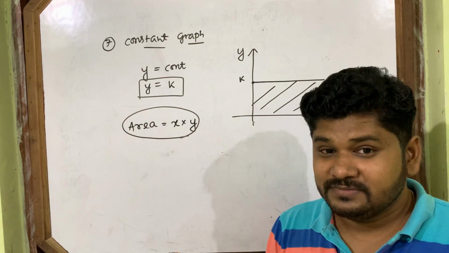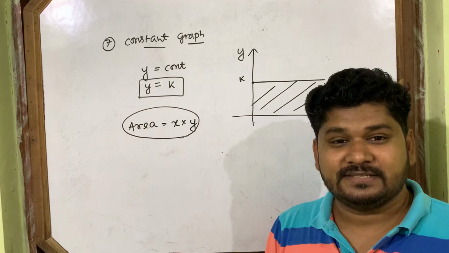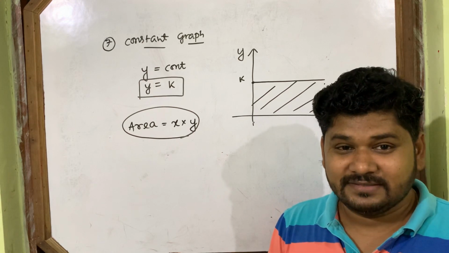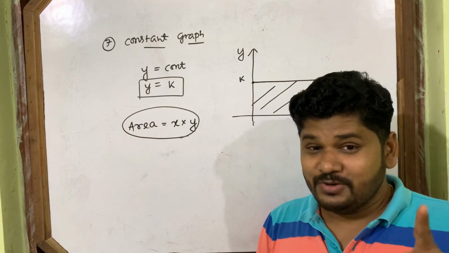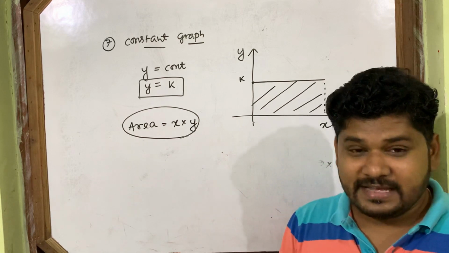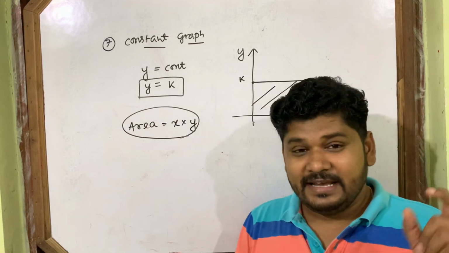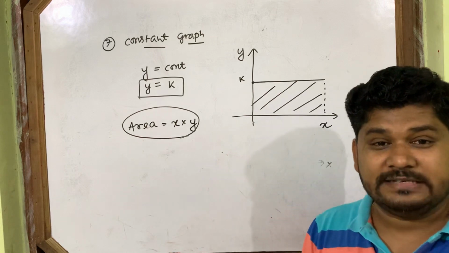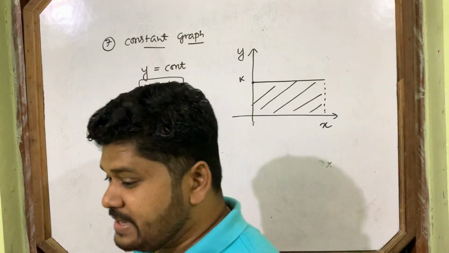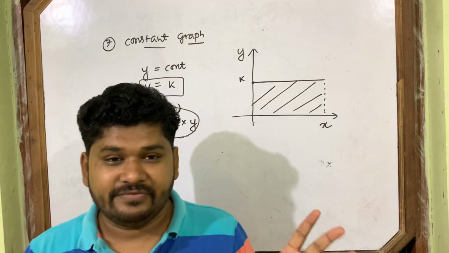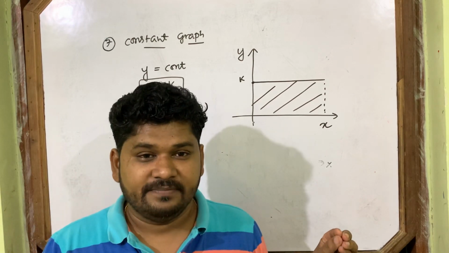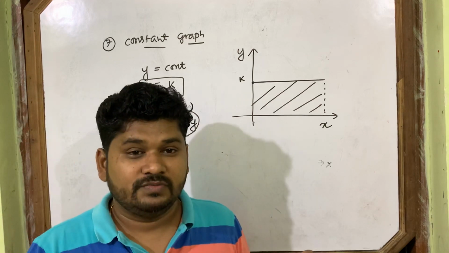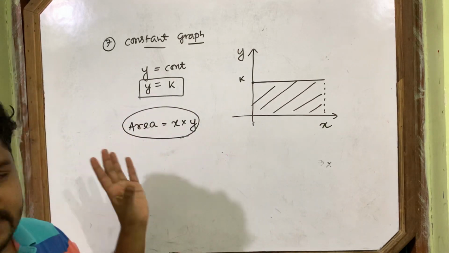Slope is equal to y by x. Area is equal to y into x. Again I repeat, slope is equal to y by x, and you will get the quantity. Area under the graph is equal to y into x, so that you will get the quantity. The shape of the graph may be of any type, it doesn't matter. But if area is asked, then simply you do y into x.